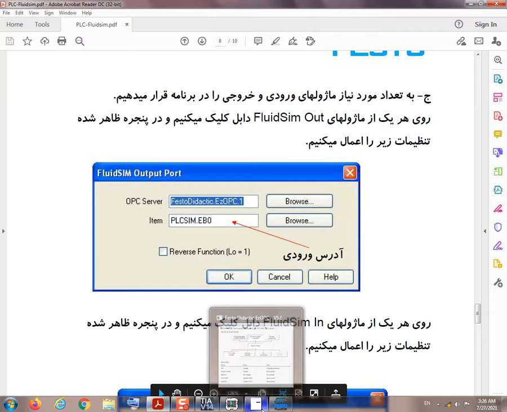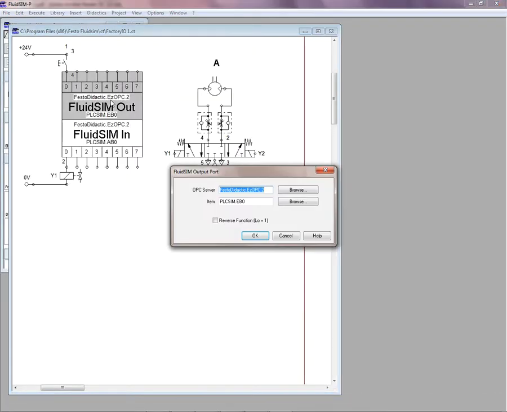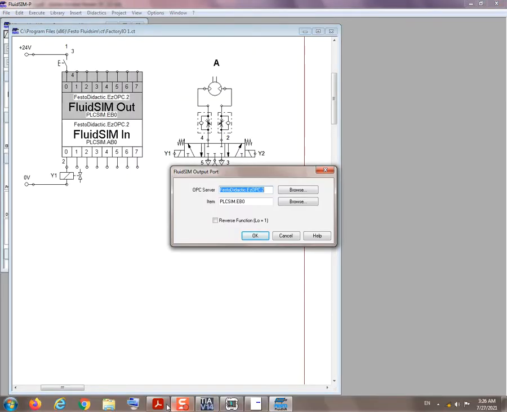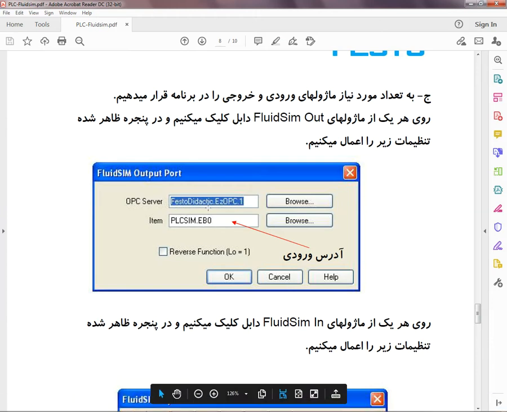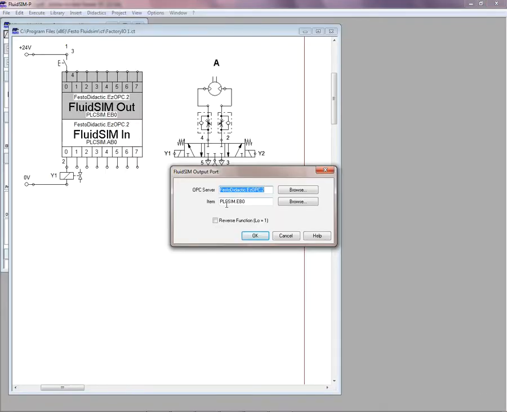Okay, for example, according to the PDF, set didactic at OPC1 as the OPC server, and the item is PLCsim EB0. This is the input address. Okay, as you can see, PLCsim EB0 working as an input address,